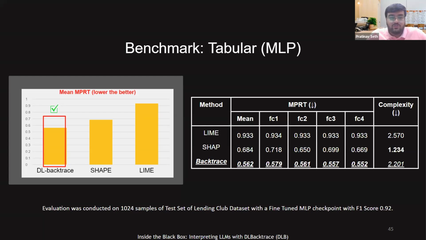And if you try it yourself on the free library which we have, what you will observe is that for Lime, it selects the top 10 features based on the training distribution which you give, and it gives very high importance to those features. For Shap, the problem is it gives high importance to almost all the features. So it doesn't make sense to use both of them, because you want to be very specific to a training sample and you don't want everything to be very high. Then it won't give you any value out of it. So backtrace is better on both these fronts. I think you will test it out, then you will see it for yourself.